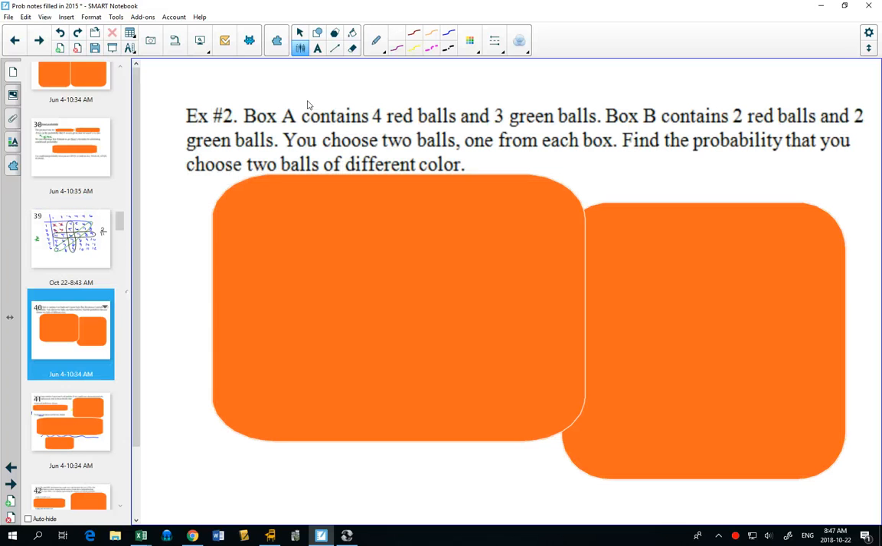So what do some of our conditional probabilities look like? Box A contains 4 red balls and 3 green balls. Box B contains 2 red balls and 2 green balls. You choose 2 balls, 1 from each box. Find the probability that you choose balls of different colors. This is just regular probability at this point. So if we draw our tree diagram,